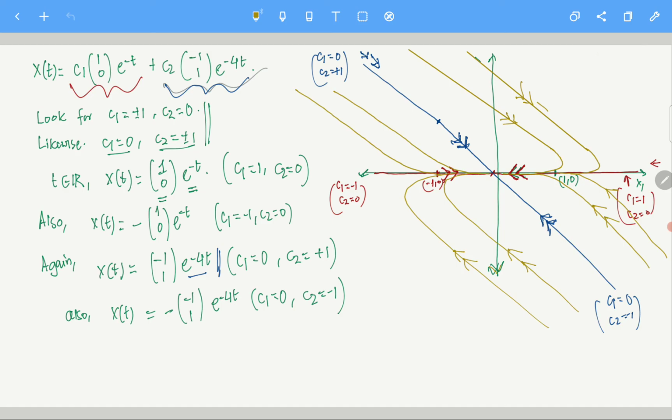So basically, when C1 is changed a little bit, say C1 equals 0 and C2 equals 1, and I just perturb it a little bit, C1 equals 0.00001 and C2 is 1, the solution will be very near to this, right? This is coming from the dependence on initial data, not exactly, but you do realize that they are continuous. The solution moves continuously as C1 and C2 move continuously, right?